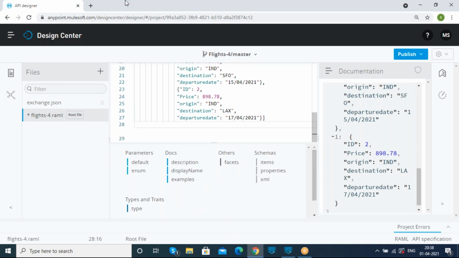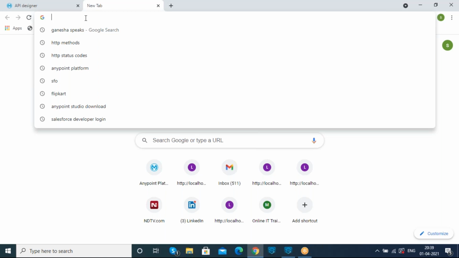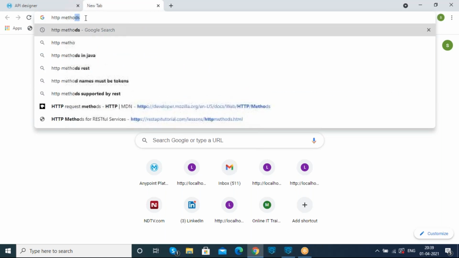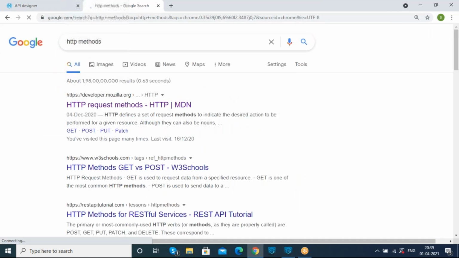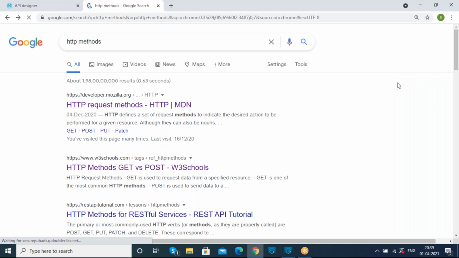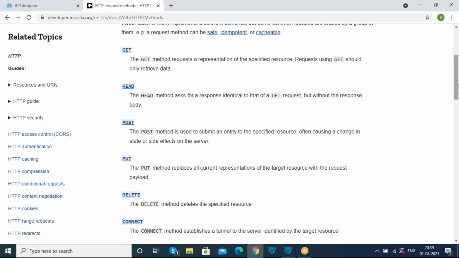So here, after booking a flight ticket, what is the message as a response? We just need to display it for the users. So in this HTTP method, there are the get method, the post method, and other methods which are available. The post method is used to get the message as a response over here. So how will the post method work?